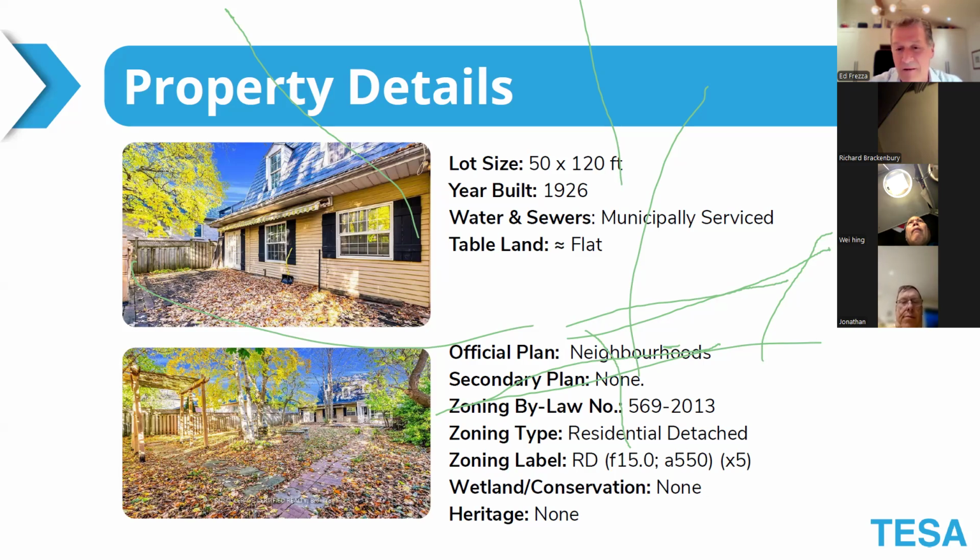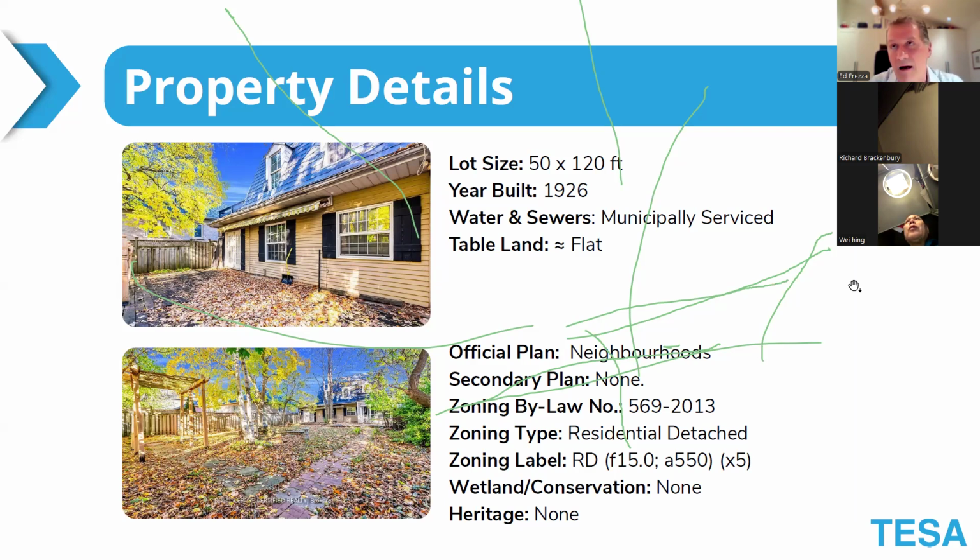So again, that's good. It would have been better if it's, say, an RM, which is residential multi, but the majority of the properties in the neighborhoods for Toronto, something like 70% of Toronto is in the yellow belt, which is the neighborhoods residential, and most of those are RD. So the point being is we picked a deal here that is very, very prevalent. RD is the most prevalent residential zoning that you'll find.